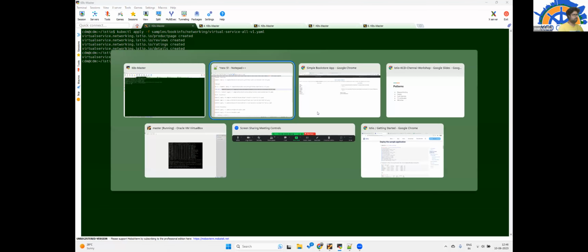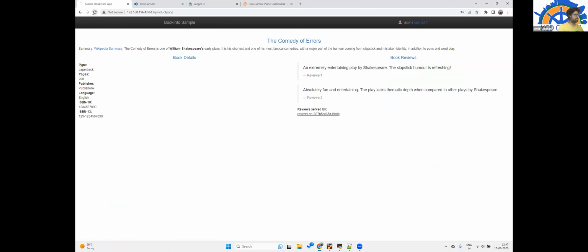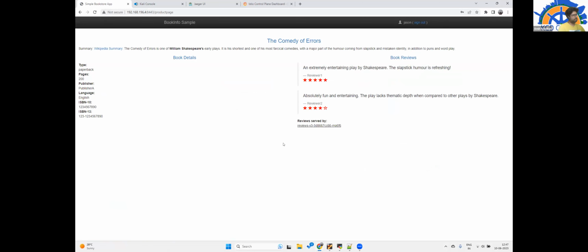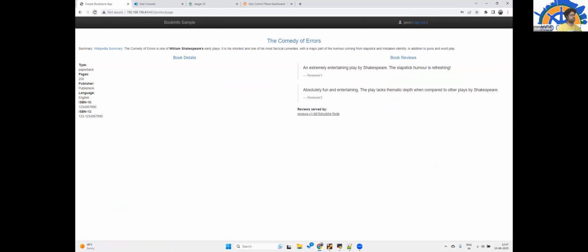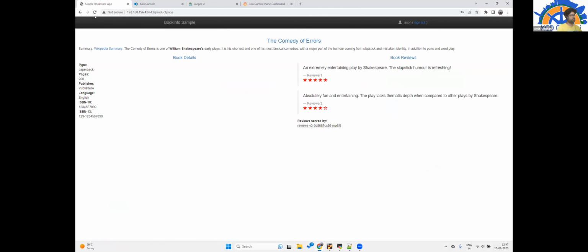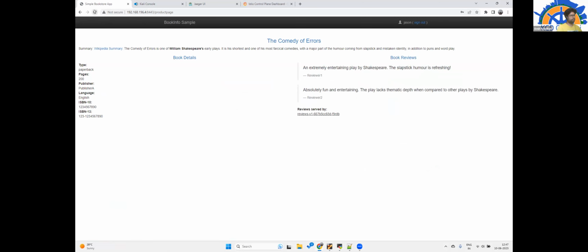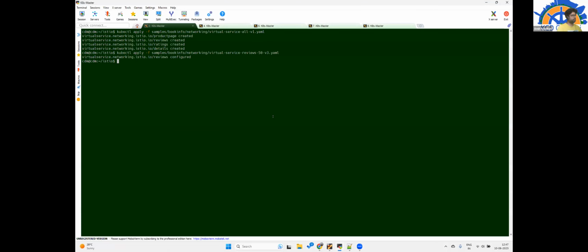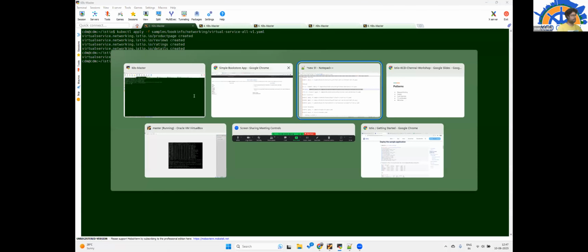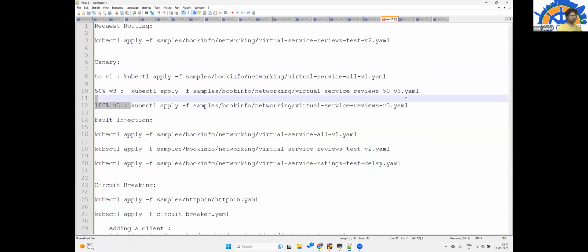If I refresh, hopefully, yeah, you see, it has been directed to V3. Again, refresh, it might change. Yeah, it keeps changing every time I refresh. You see the red and back to this one. So 50% of traffic is shared between the two, V1 and V3. Now I'm going to switch all the traffic to V3.